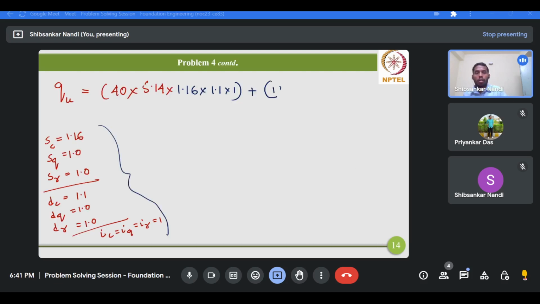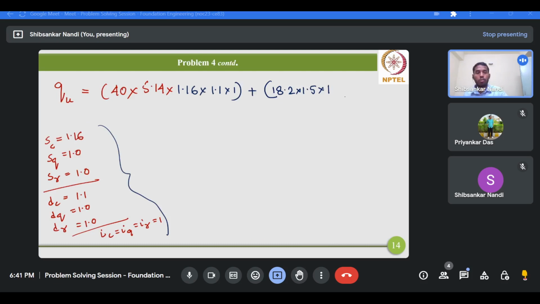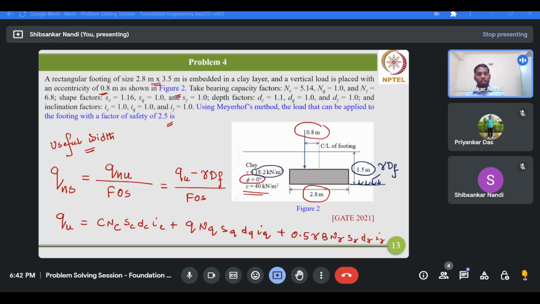So 18.2 multiplied by 1.5, then Nq, the bearing capacity factor, is 1, multiplied by Sq 1, Dq 1 and Iq 1. Now this third part, as you can see from the given data, this N gamma,